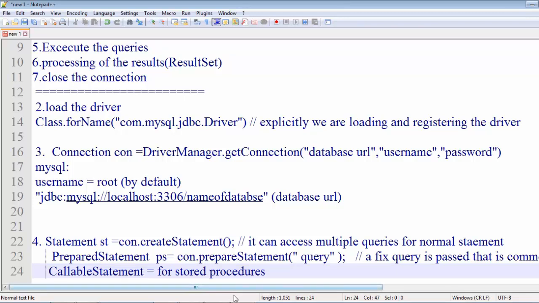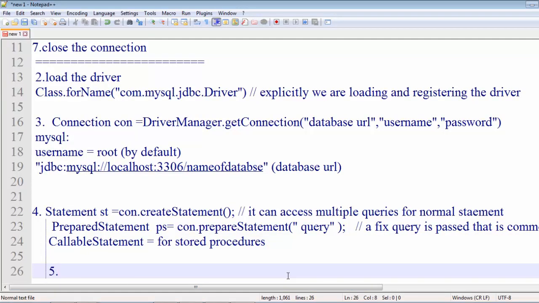The four steps are clear. Now the fifth step is to execute the query. When you write the query, it must be executed with the help of a method called on the statement object, that is executeQuery. When we call executeQuery, we have to pass the query that has to be executed.